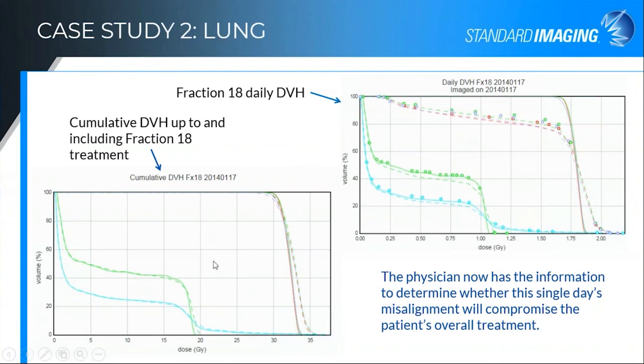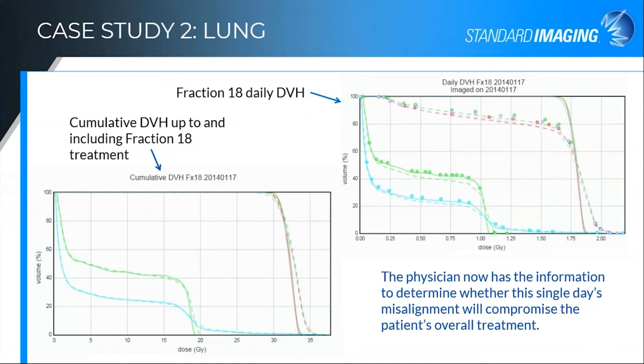But on the cumulative DVH, you can also see how that affected the overall quality of the treatment. Here again we have the solid lines for the plan, and the dashed lines for that summation of the daily doses. We're now providing both the information in DVH format as well as the daily images with the dose overlaid on it,